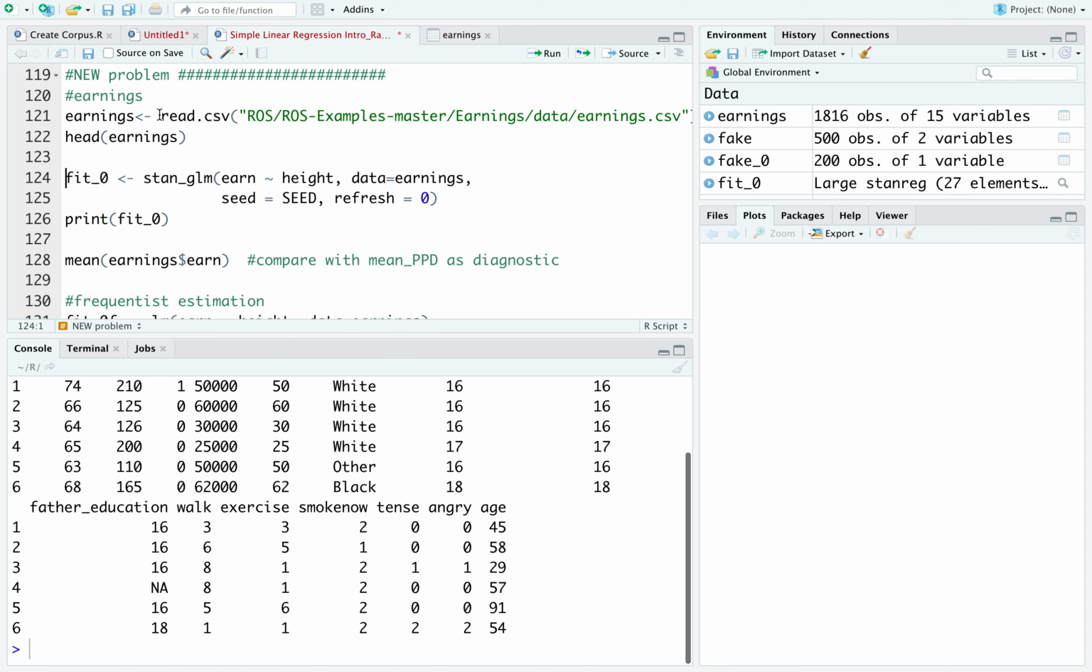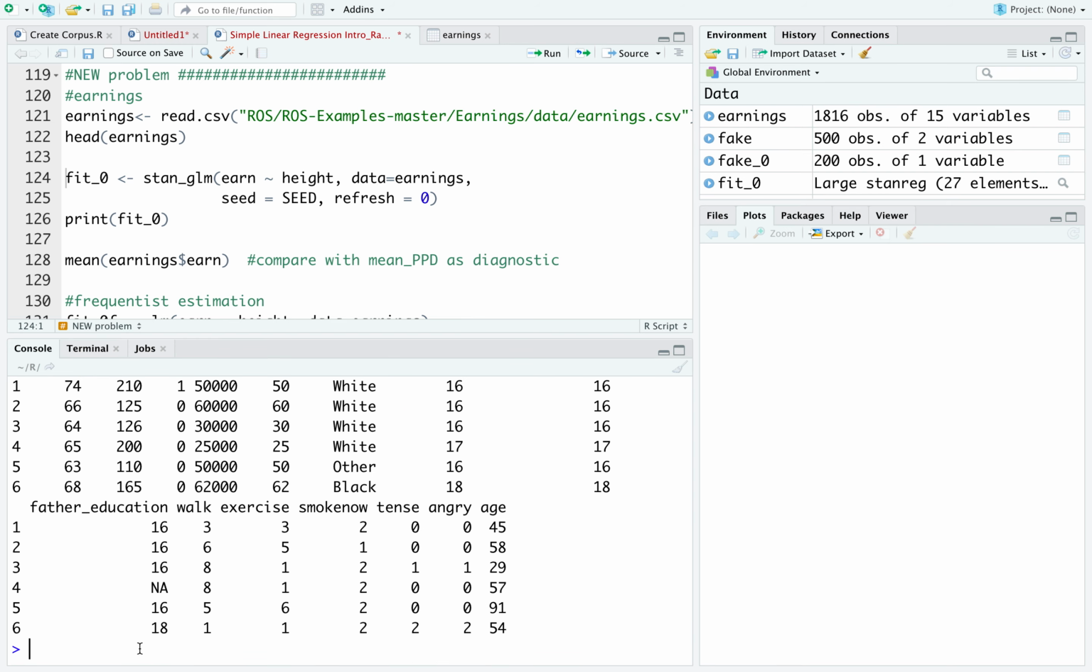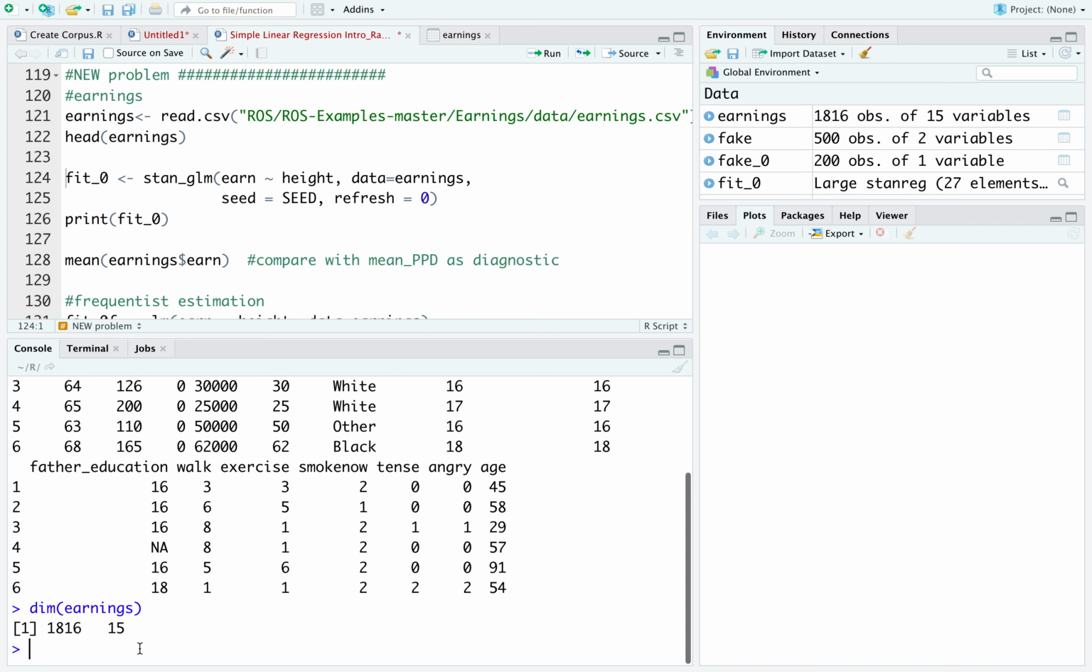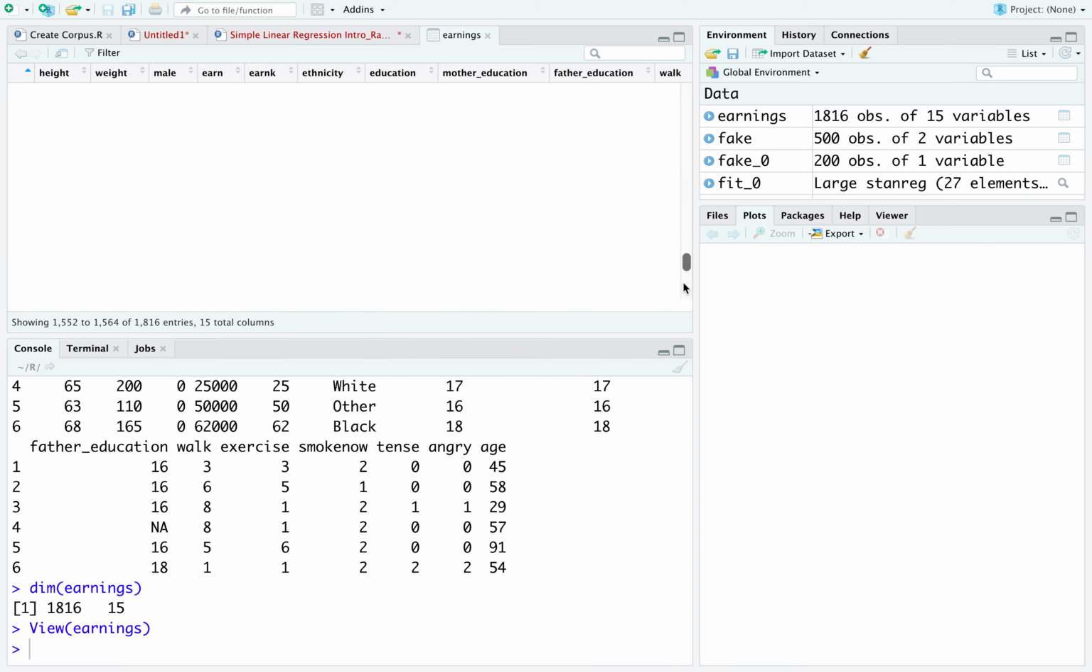And you can look at basically what the data are, their observations, and ask how large it is, what the dimensions of earnings are. So 1,816 by 15 variables, just under 2,000 observations, individuals. You can also look, of course, at the spreadsheet by clicking under data on earnings, and you can see that we've got a couple thousand